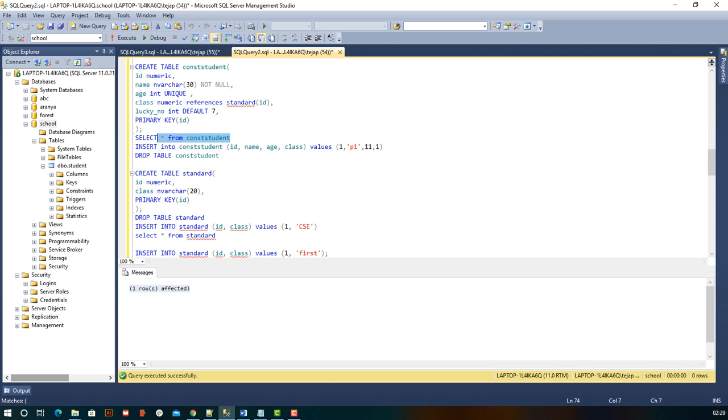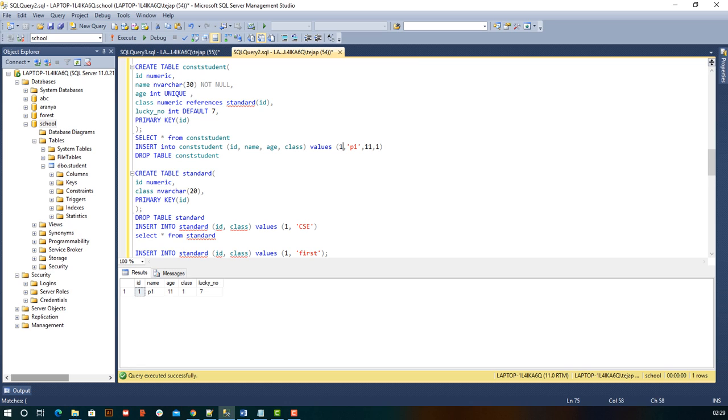Now we'll try to fetch everything with select star. For execution of some of the queries I'm not pressing execute because there is a shortcut F5, so sometimes I'm pressing that. If I try to execute, I can see now it is inserted successfully. So again I can create one more student record who is also attending the same class, that is fine, but we need to make sure the unique identifier, that is id, which is the primary key of the student, should never be repeated, because if I add one it will say I am violating the primary key constraint.